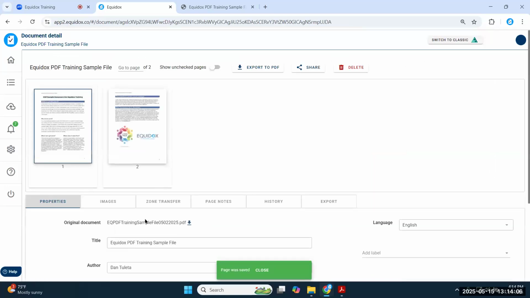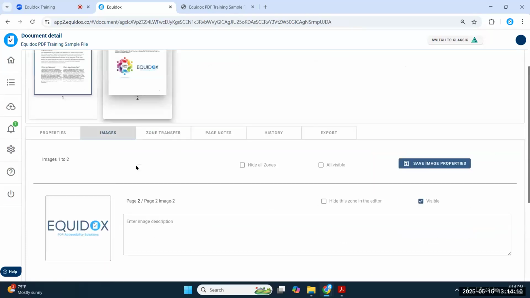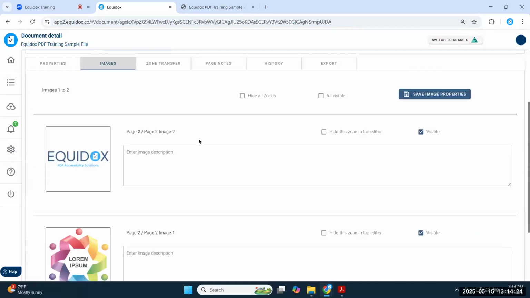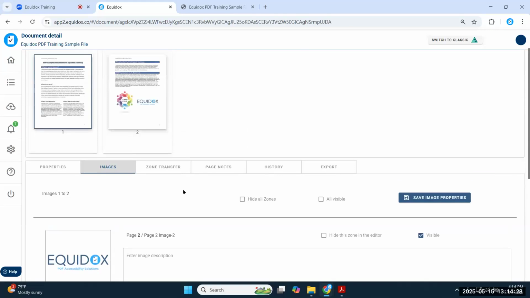Part of my process would be to go to the images tab in the document detail page, which we haven't really covered yet, and add alt text to my images or make decisions about artifacting them. And then I would at least click through the document and look for outliers. So like tables, I would make sure I'm doing something with the tables and any obvious lists, which we'll get to on how we go about tagging those.